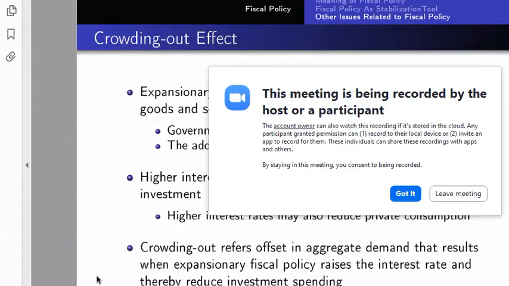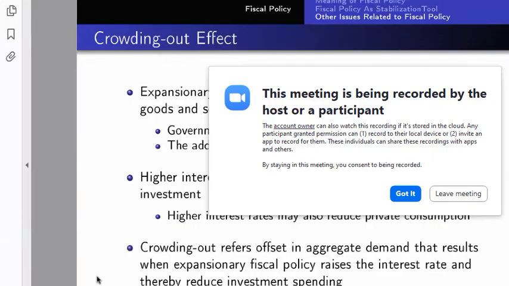Okay, by what extent? The expansionary fiscal policy is meant to increase government spending and reduce taxes. The overall aim is to increase income. But because interest rates will increase along the line, we shouldn't expect income to increase by the full amount, because of the reduction in investment. Don't forget, I is part of the calculation. When we have Y equals C plus I plus G, I is there.